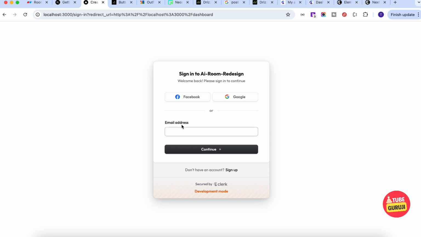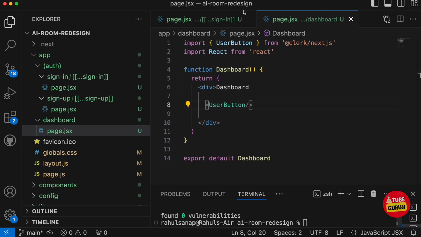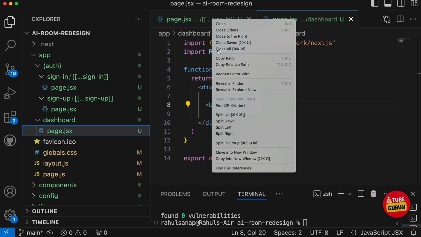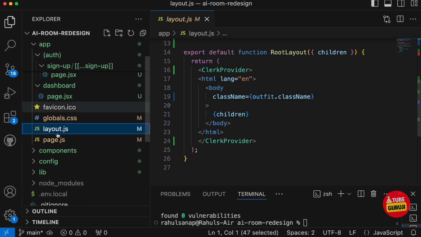Now as soon as the user is signed into our application, you have to make sure that the user is inserted into our database. If the user is new, we insert them; if the user is existing, then we'll check whether this user is already there inside our database or not. Now in order to implement it, the first thing we need to do is create a new file inside the root app folder called